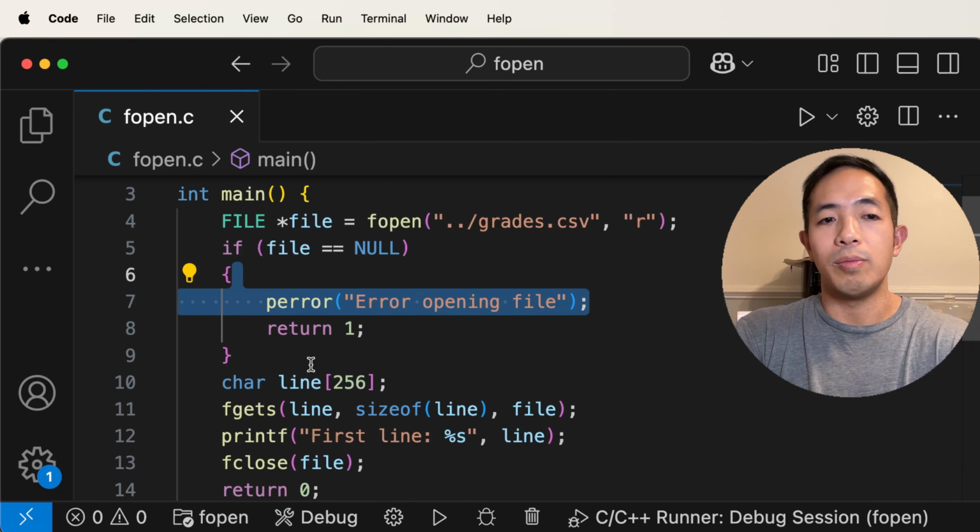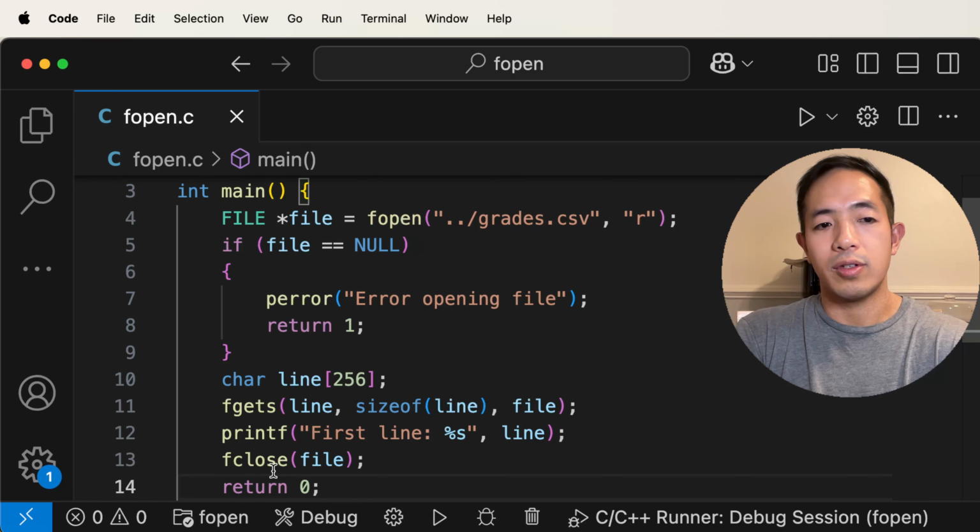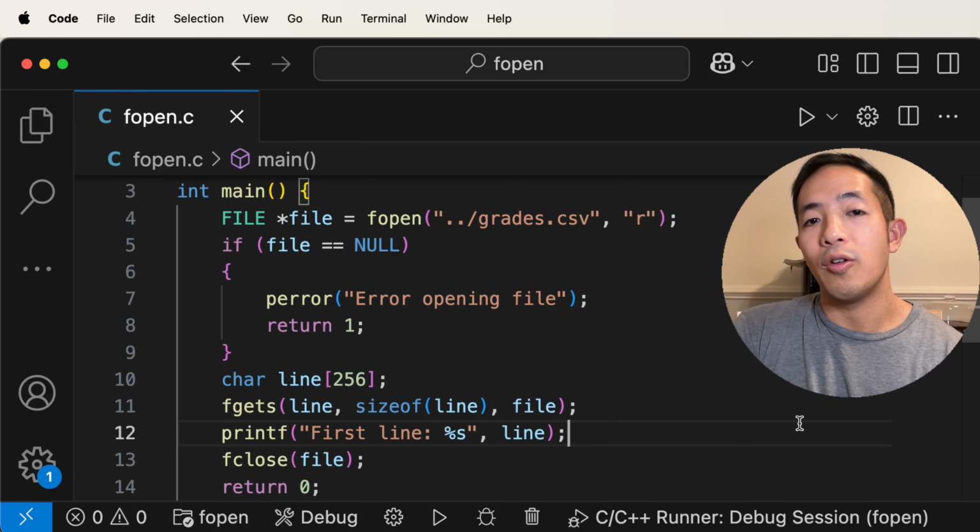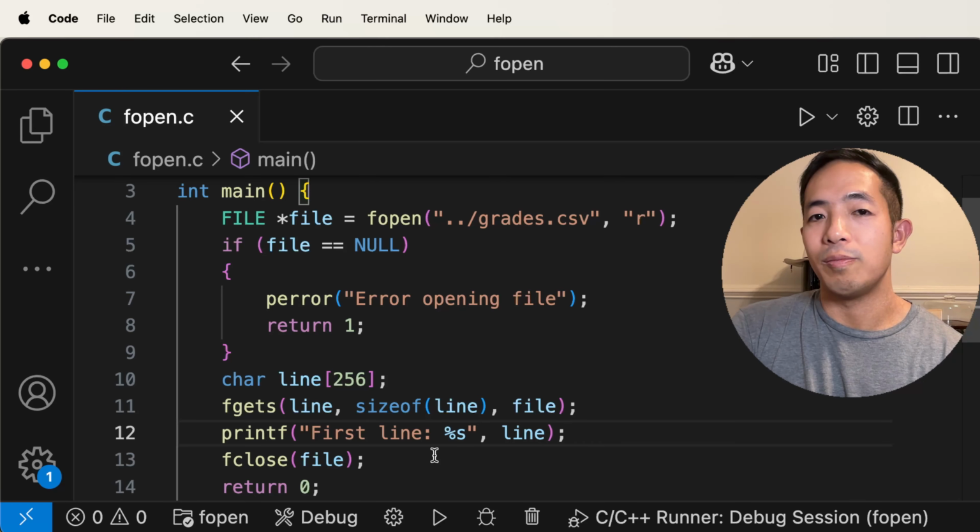So you want to make sure you pair an fopen with an fclose. Otherwise, you'll have too many files open unnecessarily. Technically, the OS will clean up the files for you, but you want to be responsible